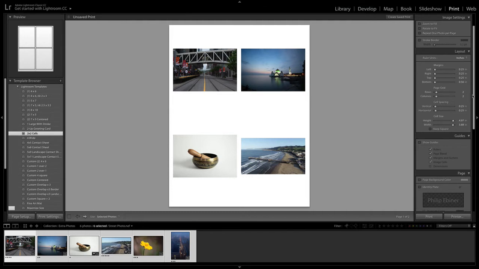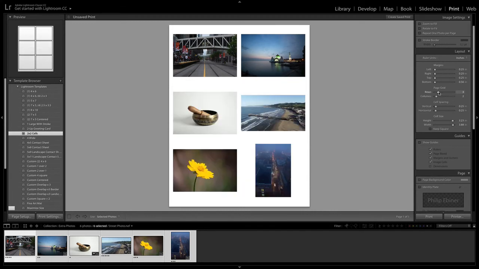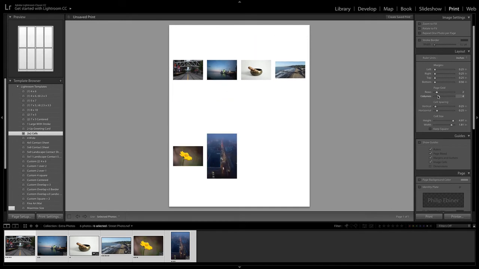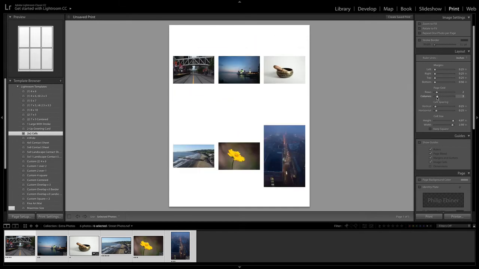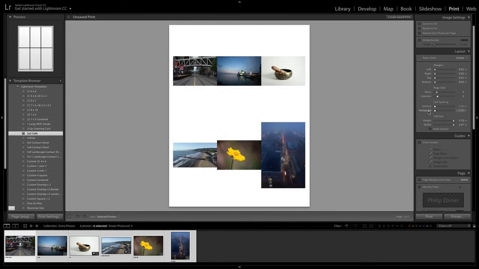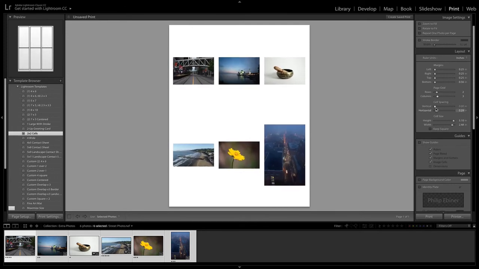You have your layout options. So first you can adjust this from inches to centimeters, millimeters, whatever you want. You can increase or decrease the margins. And here you can also create a custom grid. For example, if you want it to be 4x4 or 2x2 or 2x3, so we can get all these photos on this page, you can set it up there. The cell spacing will increase how much space is between the cells. So it's probably a good idea to have some space.